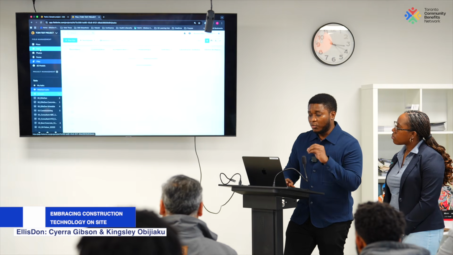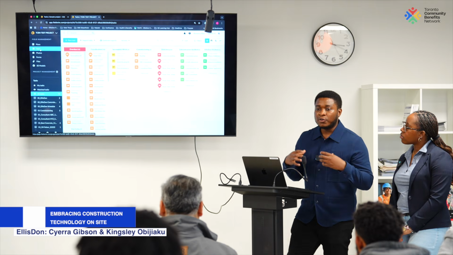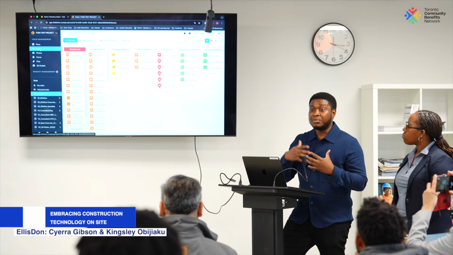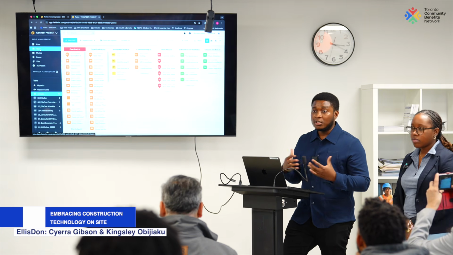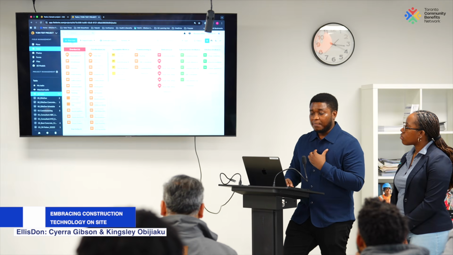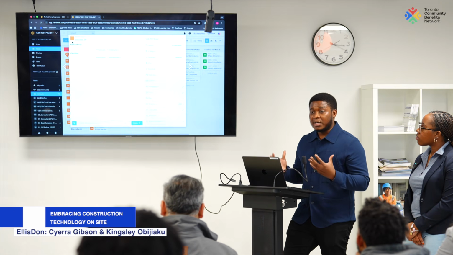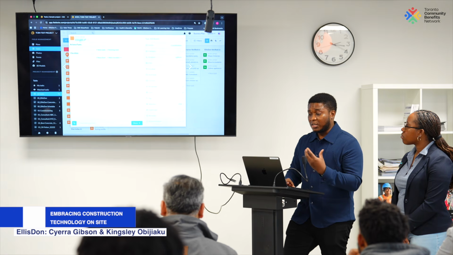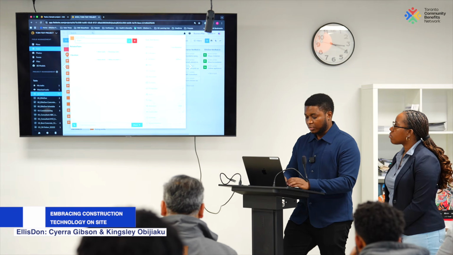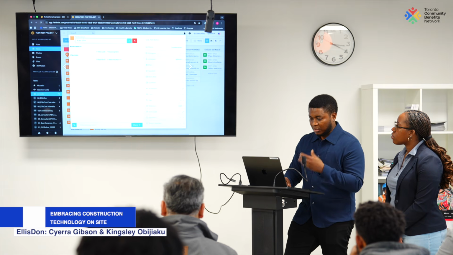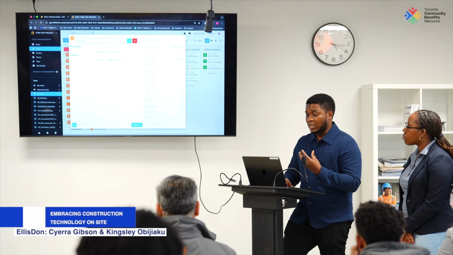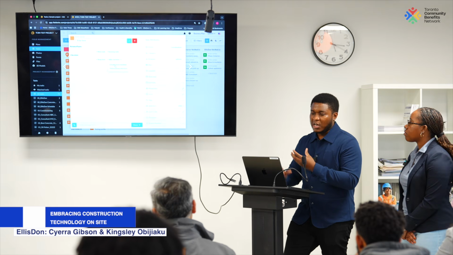But I really want to touch on the forms because I want to focus on how, depending on who you are here, you can use technology that has been given to you, by the way, for free by the GC to your own benefit, right? So if I was creating a task as someone who is walking around with an iPad on site, I would just go and create a task, and I would title the task something just for the sake of this session. And if I wanted a checklist item for you to complete, I could create one, but we're using the EllisDon